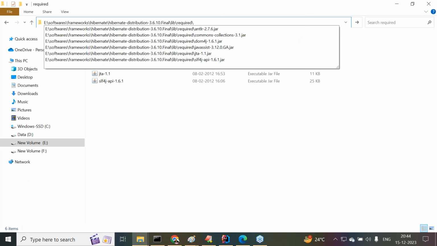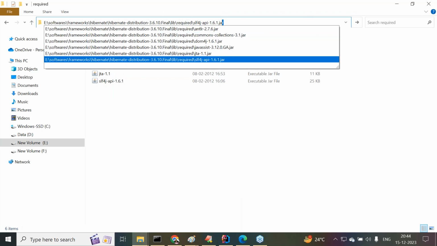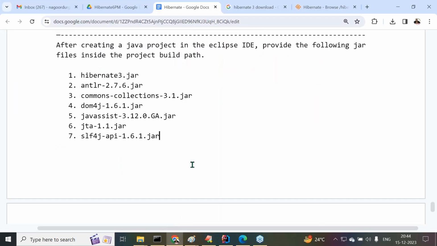JTA is required. Apart from this JTA, next one is logging. Logging purpose. Log4j was used previously. Of course, in some cases, that log4j is still used there. But the next level of the log4j is what there? SLF4j. The extension of the log4j is SLF4j. Now we are getting that SLF4j. Yes, sir, got it or not? This is one thing. Next one is